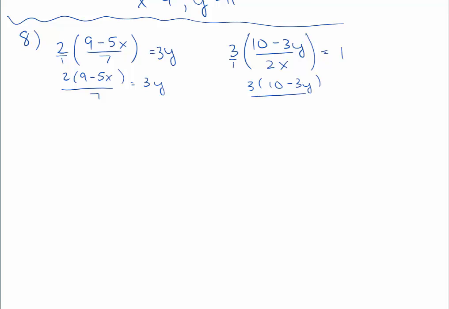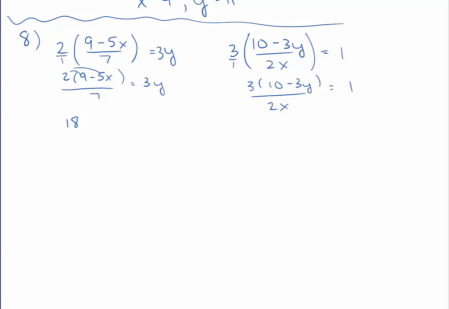So over 2x, and that's just equal to 1 still. If you don't have to do this in steps, if you're comfortable with just jumping ahead. But now I'm going to distribute that 2 through that parentheses. So 2 times 9 is 18 minus 2 times 5x, so minus 10x, and then that's over 7